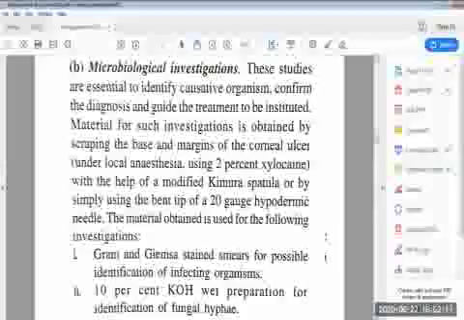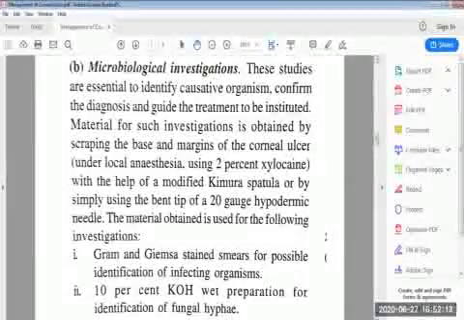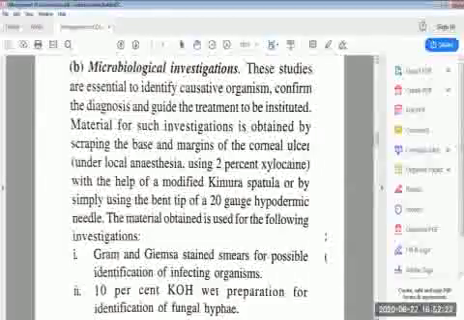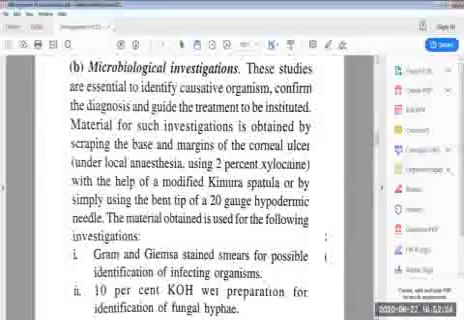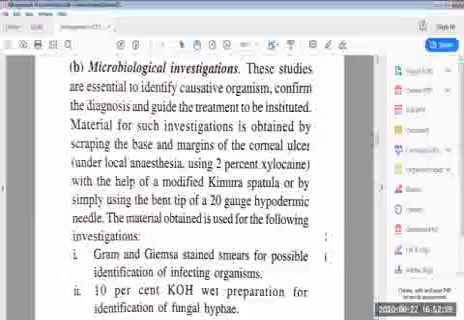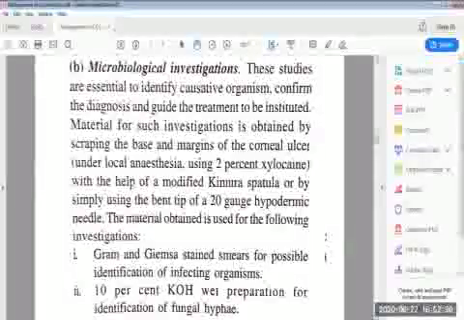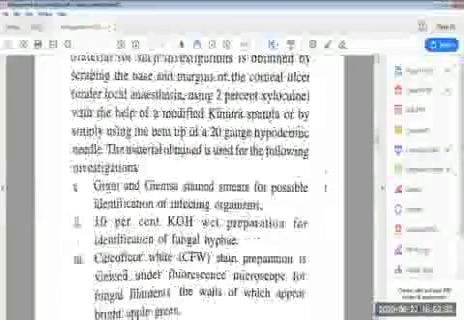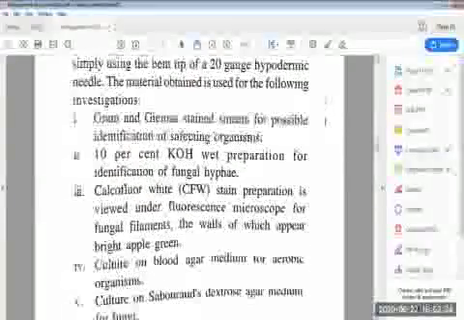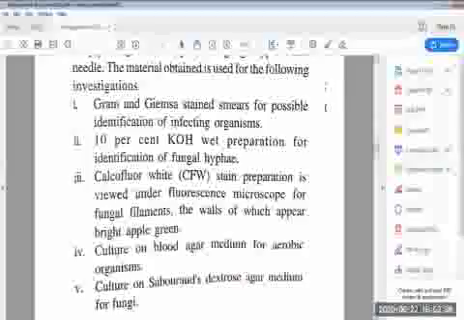Materials for such investigations are obtained by scraping the base and margins of the corneal ulcer under local anesthesia using 2% xylocaine, with the help of a modified Kimura spatula or by simply using the bent tip of a 20-gauge hypodermic needle. The material obtained is used for the following investigations, like Gram and Giemsa stain smears for possible identification